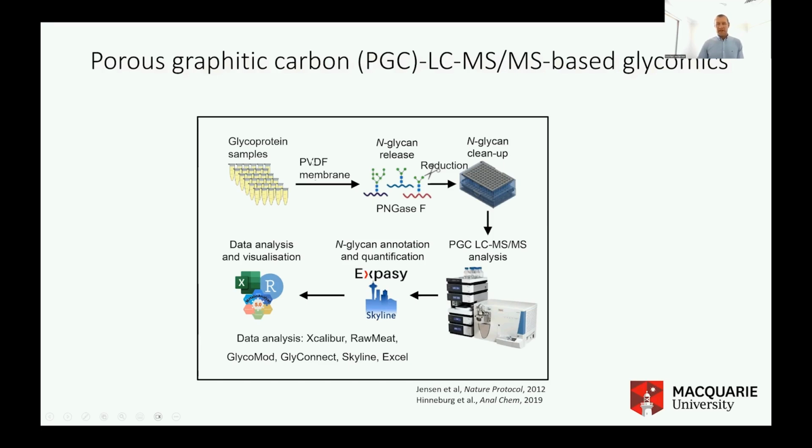Just in short, and I'll get back to this workflow later, starting from a glycoprotein or glycoprotein mixture, we can immobilize these proteins on a PVDF membrane. Then we can detach the glycans that we're interested in. If it's N-glycans, we would use the enzymatic approach. And then we basically leave the glycans underivatized, with the exception of a quick reduction step where we reduce the glycans, before a desalting using SPE-type approaches, and then down to the analytical step here, the PGC